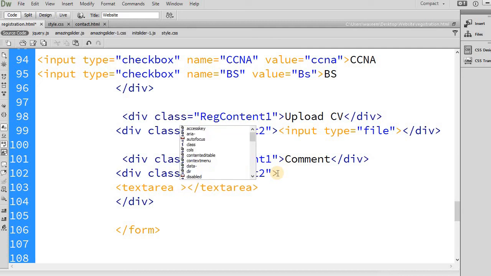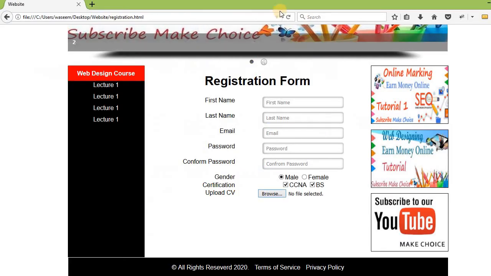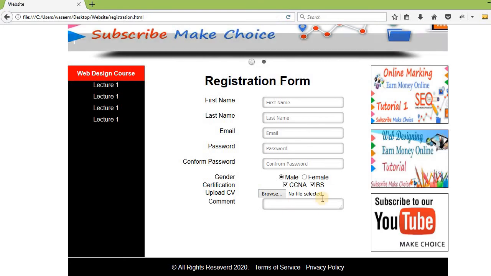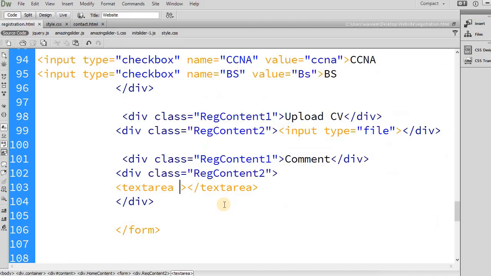In the text area, I can define how many columns I need. First of all, let me show you this thing also. Here you can see the comment is here. If I want to increase the text area, then I can write here cols, I will write here 60,